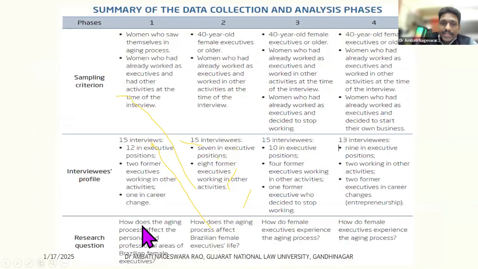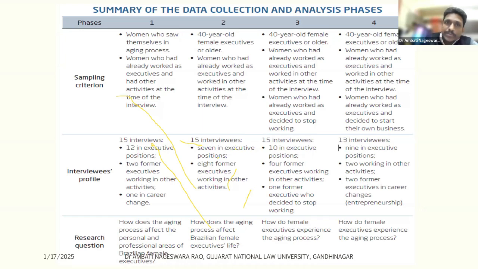The researcher couldn't find any difference between personal and professional life. But another finding was that the people who are above 40 started sharing some new insights. So after collecting data from 15 people, the researcher understood that the people who are above 40, I think, are